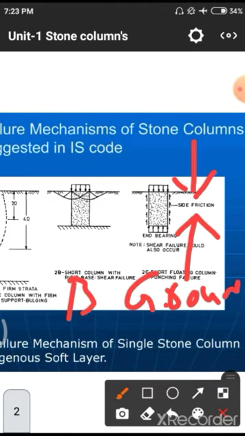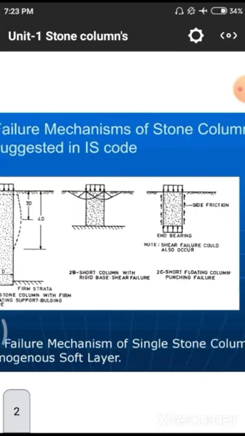it is below and above. From above the ground level, a particular quantity of load is applied on the soil, that means the soil with this stone column, so that the stone column has to produce a particular amount of force against this applied load. Then the column will serve, otherwise the column will fail as in the first diagram.